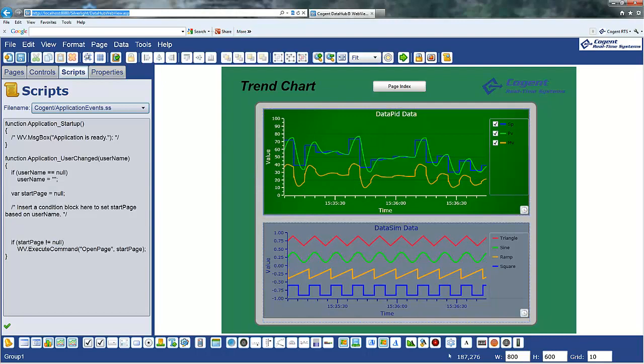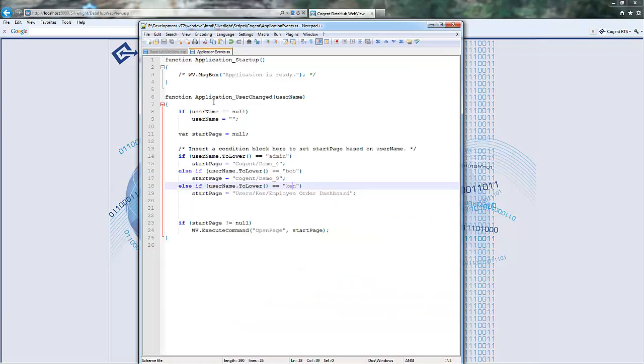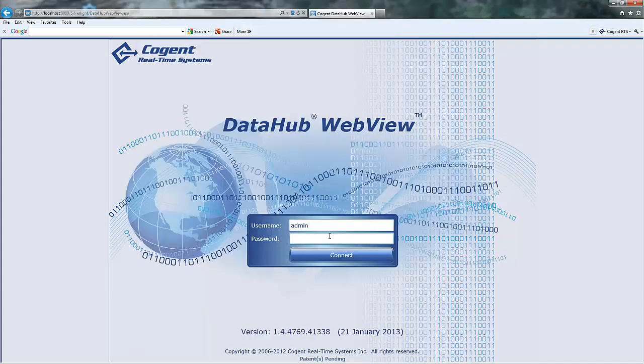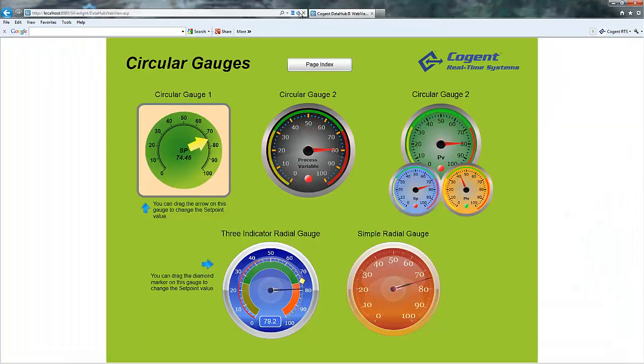And you will recall that when I log on as admin, it's going to take me to demo 4, and Bob was demo 9. So let's just try that. Here's the login for admin, and you can see that it will take me to the circular gauges page. There's demo 4 loading up. And when I refresh this